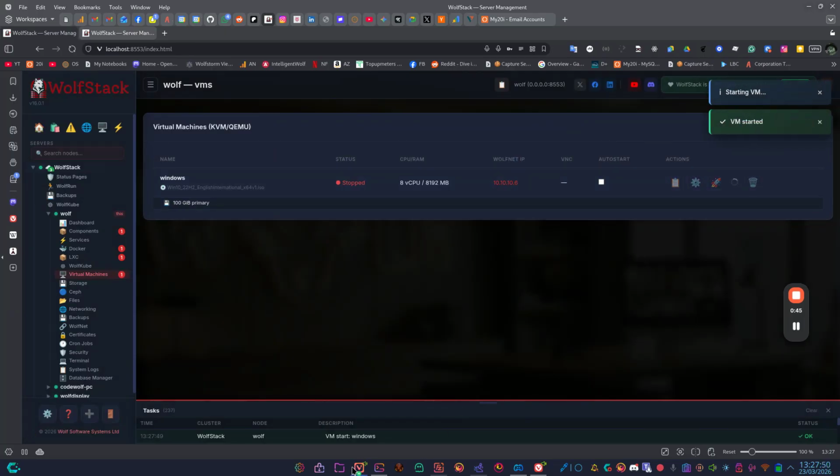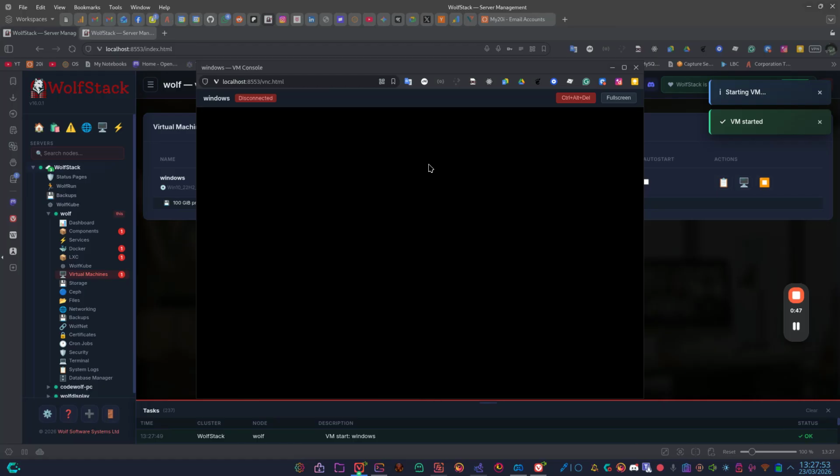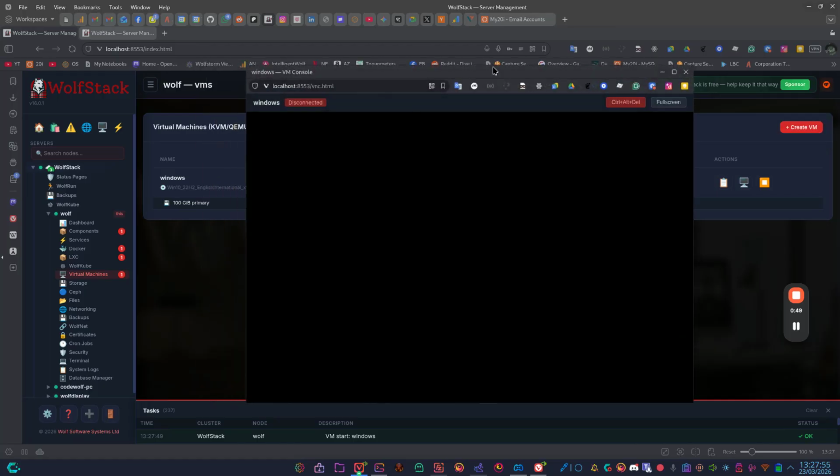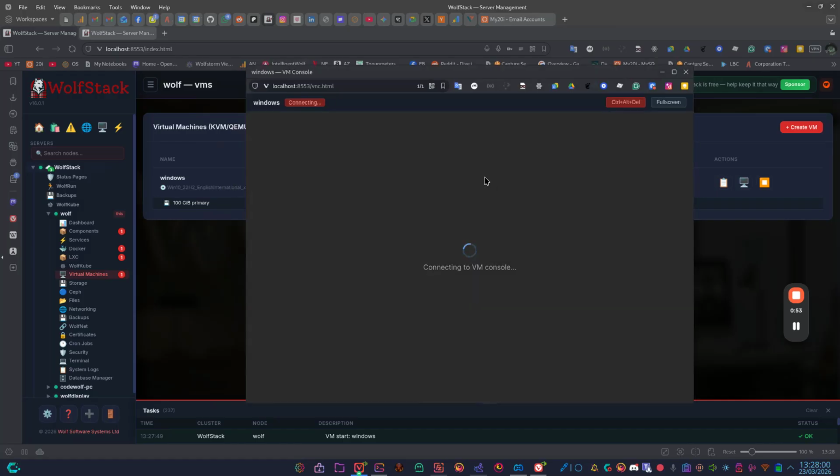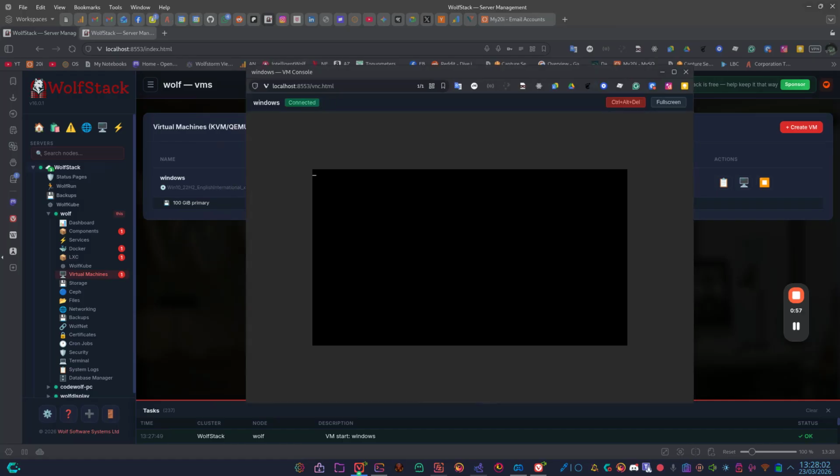So this is the way it looks when you run it. So you'll get a blank screen. So basically, I've not installed this yet. So I've not installed Windows. So I just get a blank screen with the cursor, which is very exciting, as you can see. I did sit there and think that something's wrong, but this is actually just booting off of the